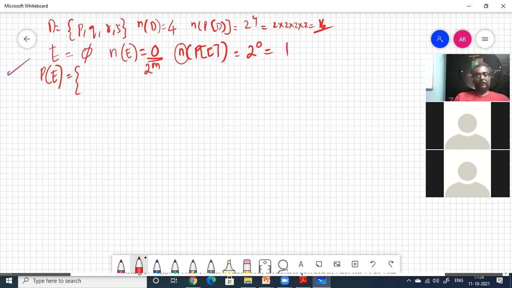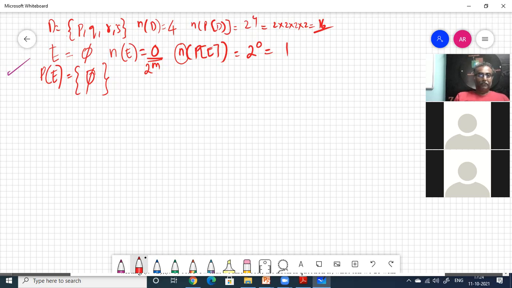Which is that one element then? So the power set of E has one element. What is that element? So you should remember this. Null set. The null set is one set within P of E. Even if E is a null set, the power set of E will have at least one element, which is also the null set. Remember this one, a very important question. If they ask, you should not blink.